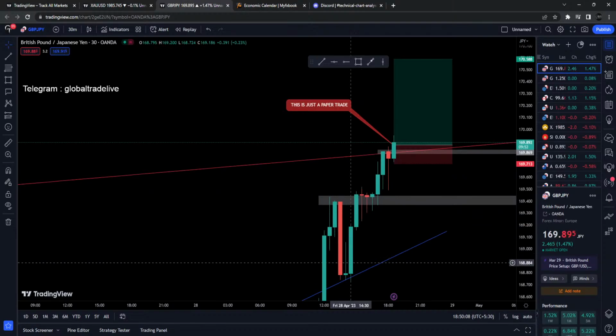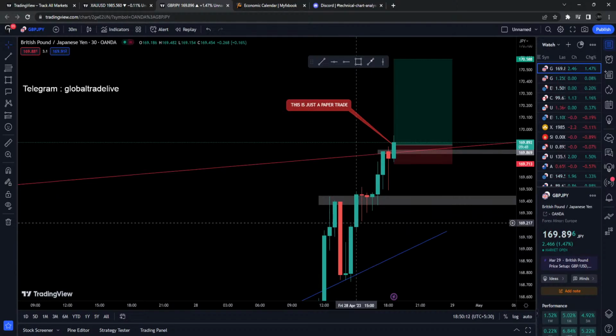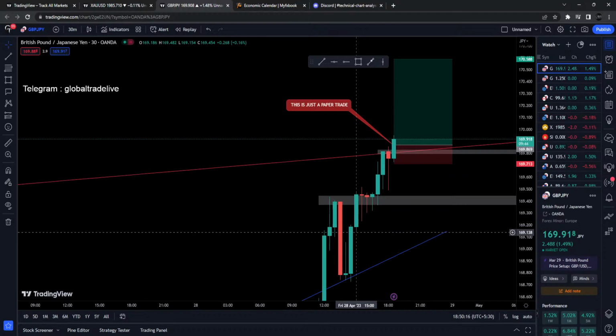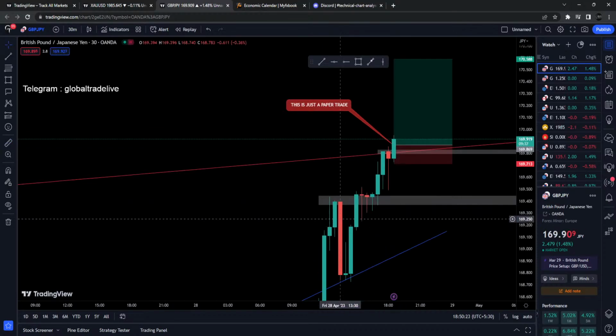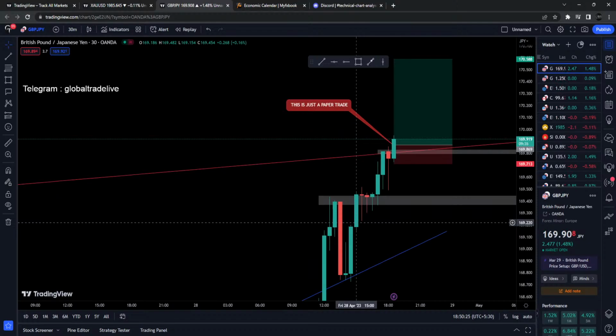Try to take a trade on the beginning or in between. Okay, like over here, you could have taken a trade over here by keeping stops on the low. And look over here, this was a 20 pip range. You could have taken a trade over here.